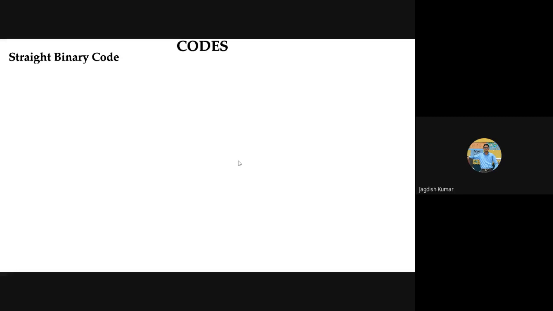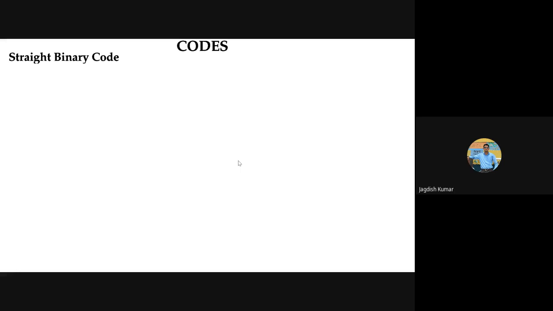We also come across something like, say, alphabets, A, B, C, D, all those alphabets. And then, of course, representing alphabets on digital machines also requires some kind of codes. So that's the relevance of the codes. So the codes are useful in doing that. So we will here be concerned only with coding the numbers. Then towards the end we will be talking about how we can code the alphabets as well.